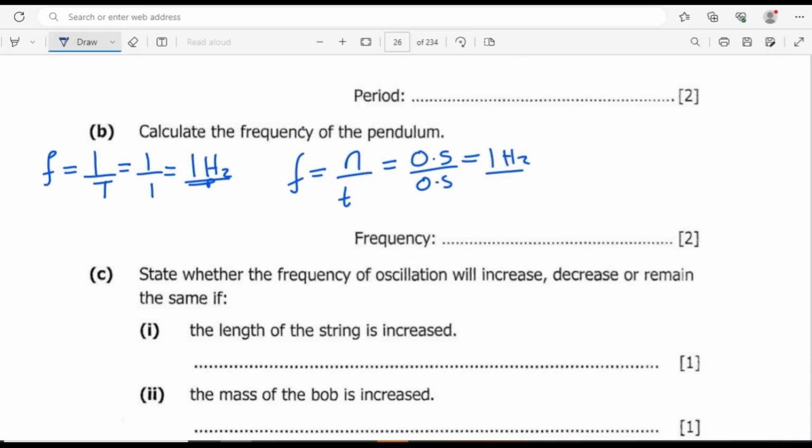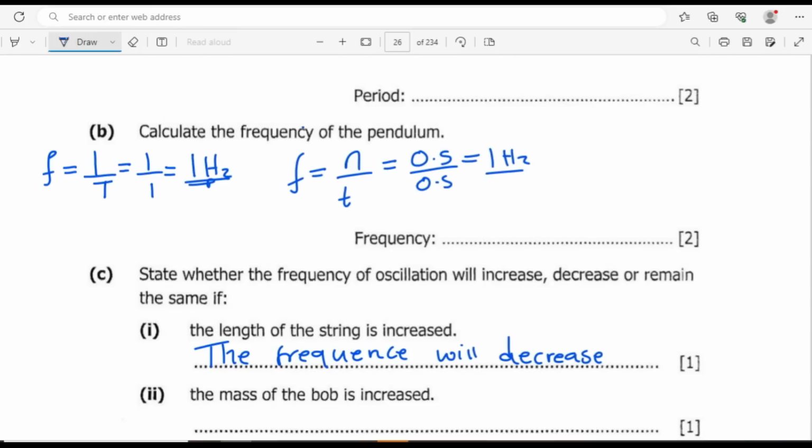We know that if we increase the length, the period will increase. So whenever the period increases, the frequency decreases. So say the frequency will decrease,